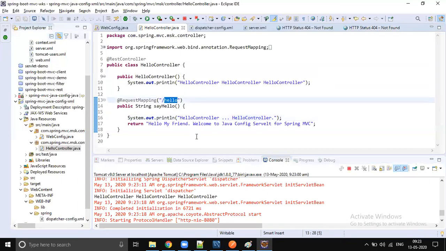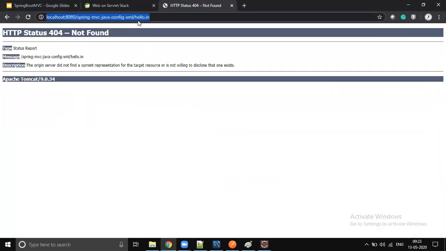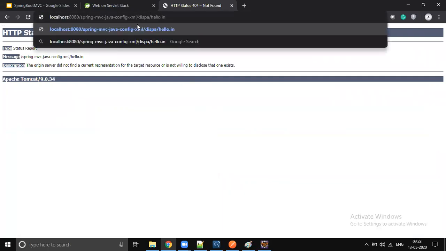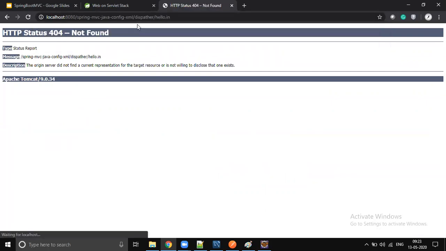Can you remove that? When we send the servlet, which application name is sent from the URL? Just try with the dispatcher /hello.in instead. That is just a name. No, we need to give the context path. Whenever you are deploying it on an external server, we need to give it. Okay. If it is an external Tomcat, it was a working example.